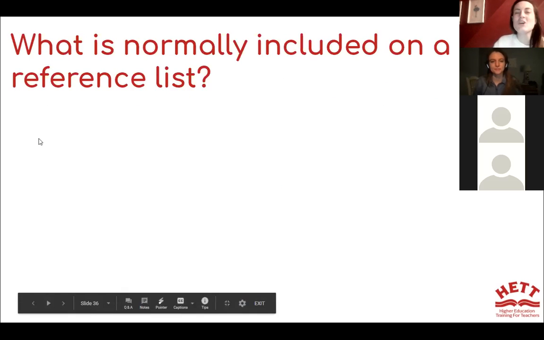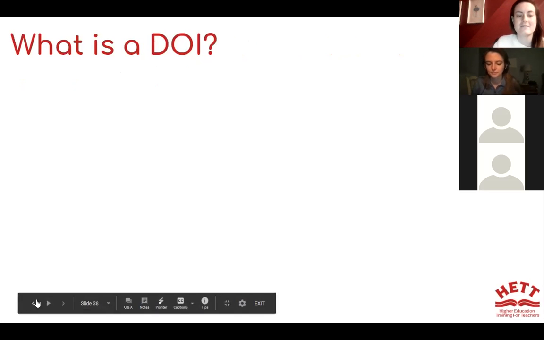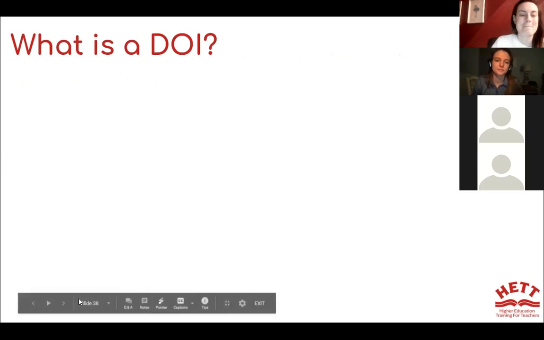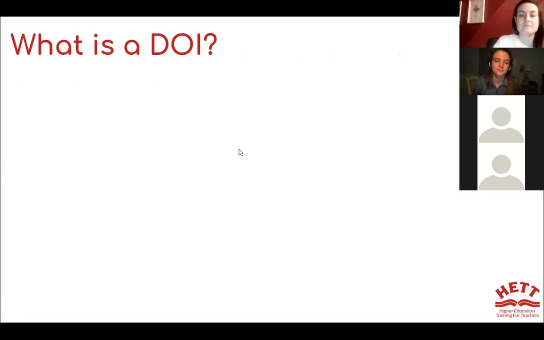What is normally included on a reference list? Sorry, I just kind of showed you. In the individual reference entry, what information do you include? Author's name or names?